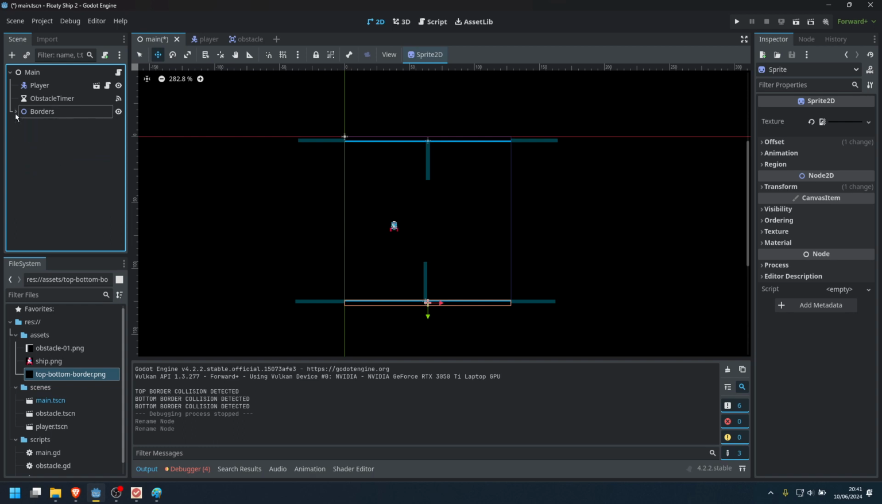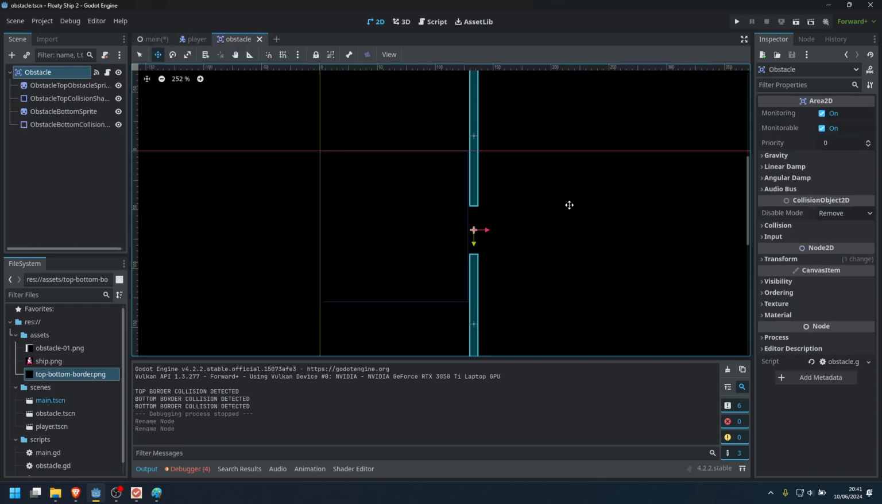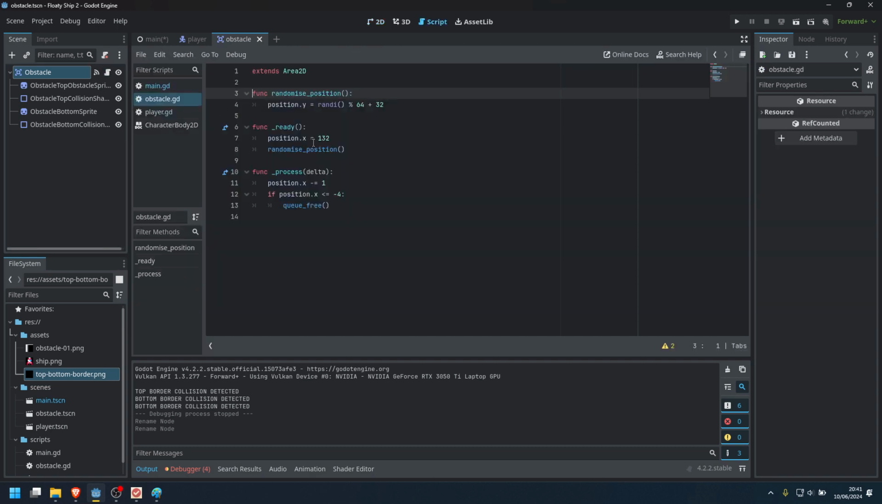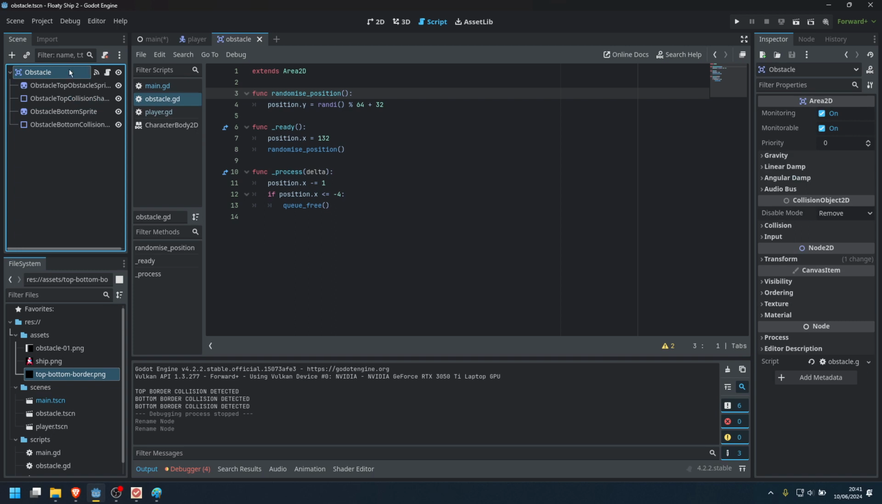Okay, so we have the borders here. Now I need to add the real obstacles, and to do so I need to change some properties of these. So I will need to change the obstacle script a little bit, because I need to add a way to make them change the opening inside. And I mean, I could probably just spawn them. The problem is that these areas,